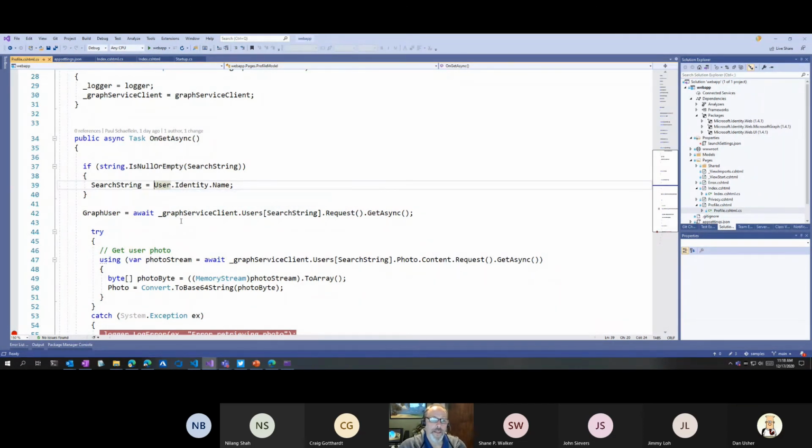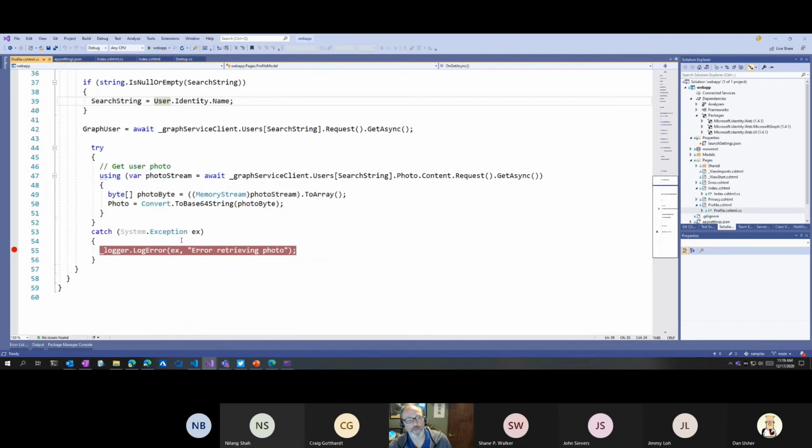Down here where I'm making a call to the Graph Service Client and getting a specific user, this object is a Microsoft.Graph.User object. So they're different. Because ASP.NET has the user login bit set up independent of Microsoft Graph, we had this name collision. We just need to make sure we understand the difference. And then once I have a user, I can get information about that.